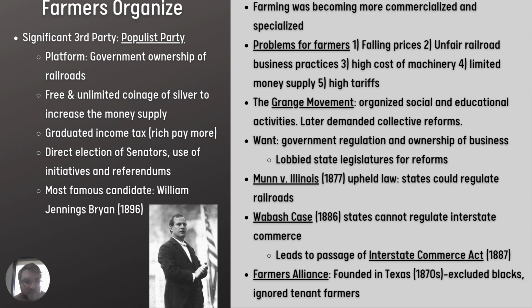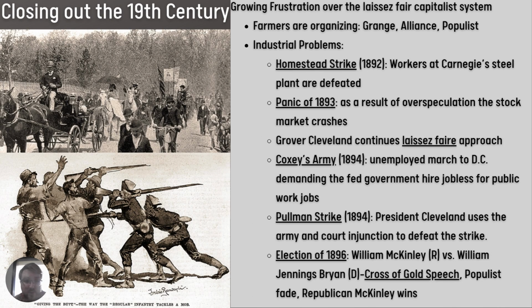One of the main things that kept farmers disunited was racism. And so African American farmers, there were a large number of African American farmers, especially in the South, were unable to work with white farmers. And therefore, they were disunited, and that hurt the farmers' cause. But by the end of the 19th century, the farmers would not be an effective political party anymore because most people would become urban workers.